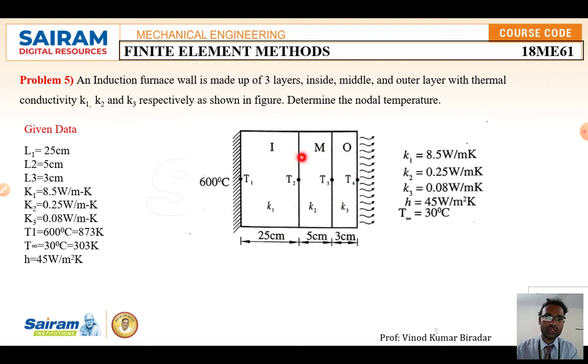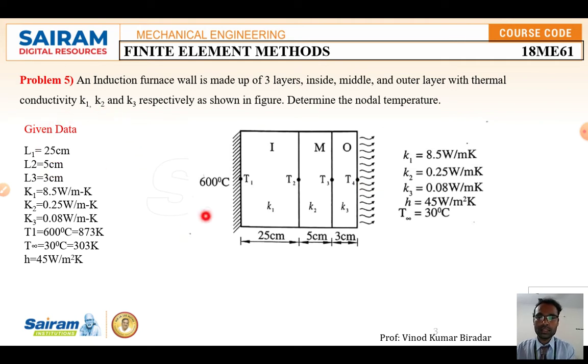How we solved this in the previous lecture video, we are going to solve now. First step is to observe the diagram. Here you have to observe the conditions given, that is, the boundary conditions in this problem. They gave T1, the surface temperature, and the ambient temperature, and you need to calculate T2, T3, T4. Follow the same procedure: first calculate the stiffness matrix for conduction, and here the free end surface will be there, so this is a little bit different.